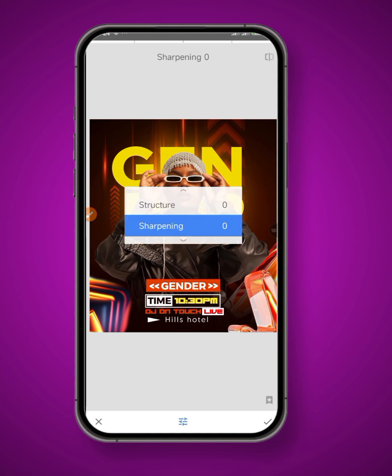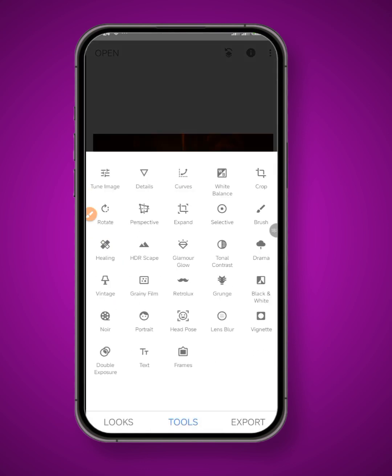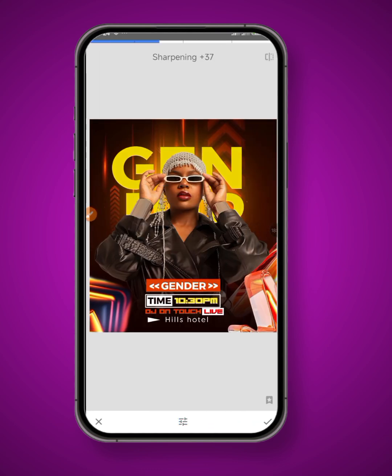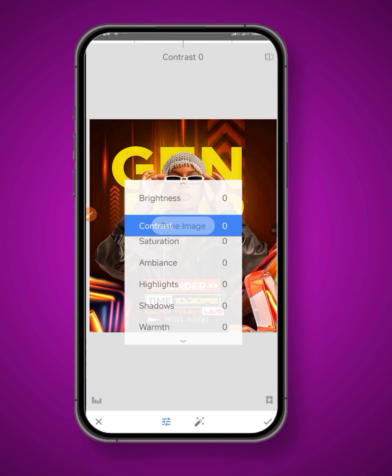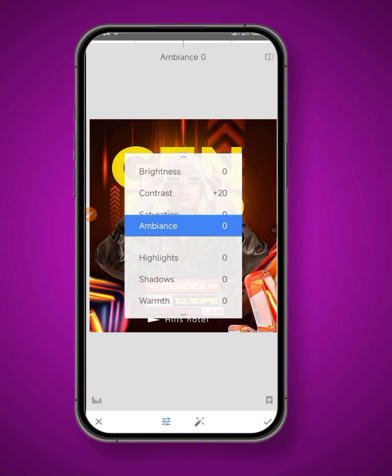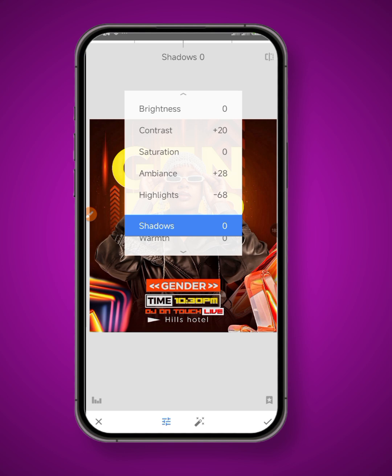For us to do, just head over to tools, and then we choose details. All right, so we choose details and then go to sharpening, to sharpen it, structure, for us to have some nice structure around there, and then we go to contrast, add a small contrast because it's already designed. Then the ambience, we add ambience, and then I'm going to reduce the highlight instead,